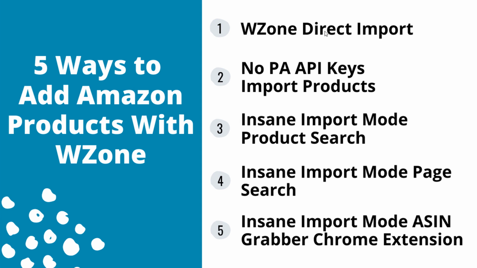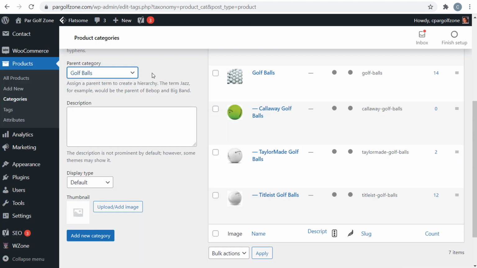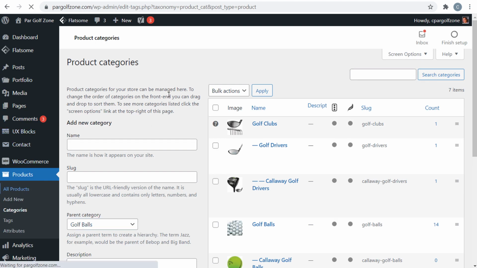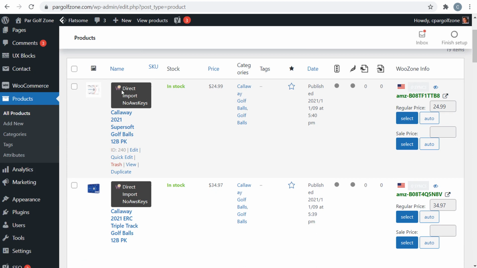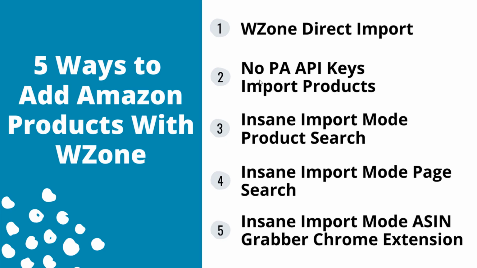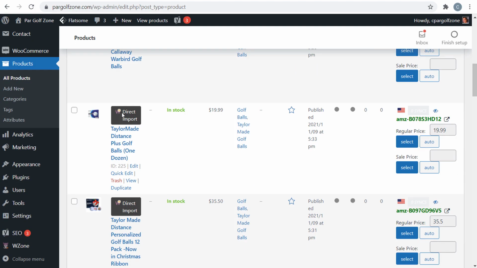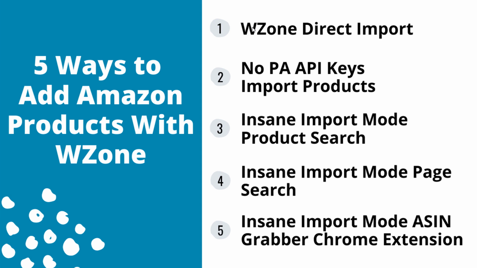I have not really had any issues with them, and if we come back over to our products on the back end of our WordPress website, so we're going to go to products here, we should see some of the new TaylorMade golf balls we added and the Callaway golf balls. And what's cool is you can actually see how you've imported these. So this is with the direct import, no AWS keys. So this is the second option here, the no PA API keys. And if we scroll down, you just see direct import here. So that was done with the direct import extension, and that was the TaylorMade golf balls. So as you can see, using these 2 options at the top here, it's pretty easy to add products directly